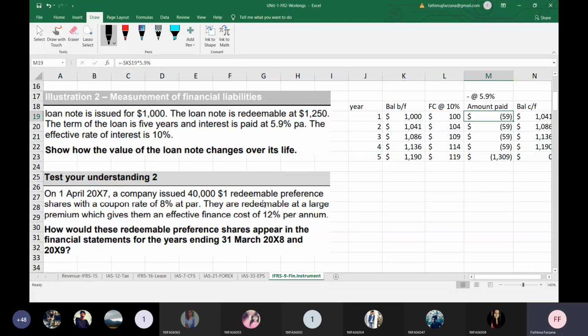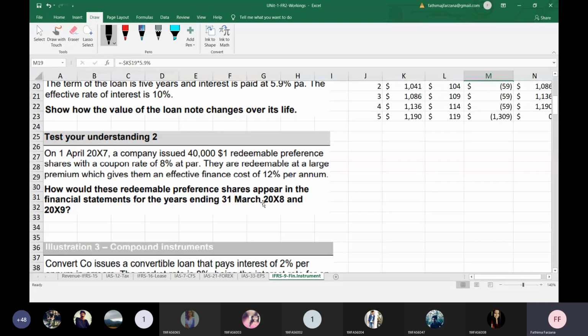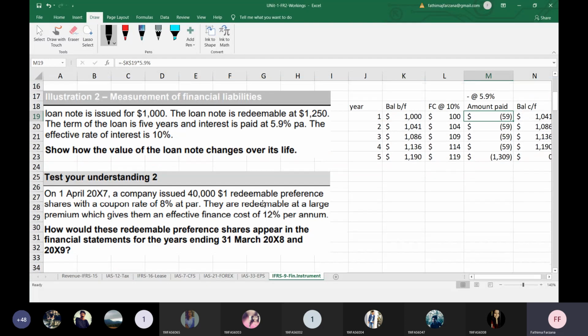So test your understanding too. Why I'm taking the exam kit as well is that in the exam kit they'll straight away apply all the functions and formulas and go, whereas in the TYUs and illustrations, they go step by step. So a few of the TYUs and illustrations I'll be solving to take you to the exam kit. It will be easy. So coming to TYU 2, on 1st April 2007, a company issued $40,001